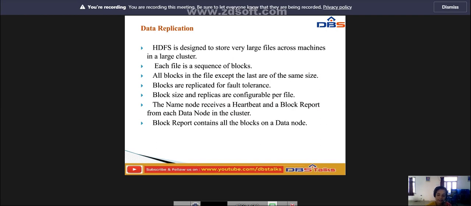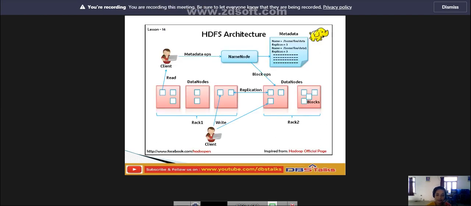If you see the diagram, we can understand the HDFS concept. This is the architecture of the Hadoop Distributed File System. I have the client here, the name node, and a number of data nodes. The name node is the master node, and the data nodes are the slave nodes. The client reads the information from the data nodes.